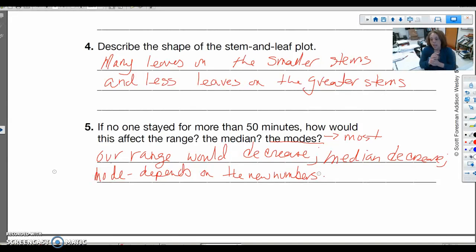Okay? And so that's an introduction there to creating a stem and leaf plot. You do have an assignment coming up in which you will go for